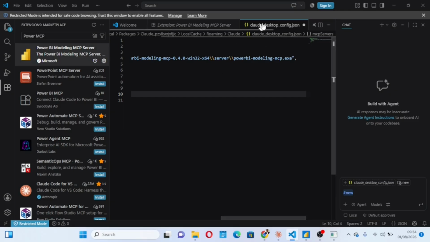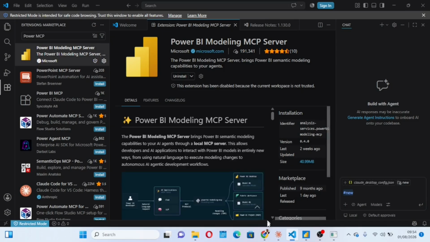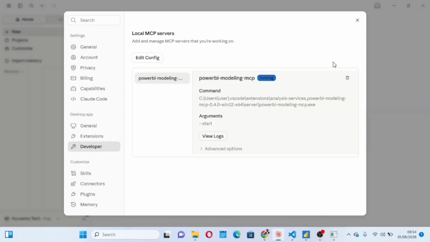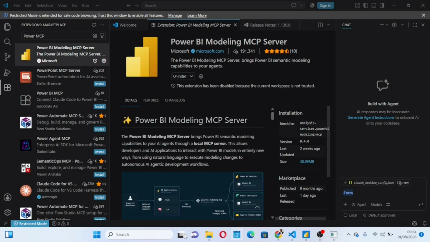Now the next thing you see here, you see that this is still open, okay. I have to save this. Claude desktop config, it is still running, so I have to save it. So I'll just press Ctrl S, and that has been saved. Once this is done, and we are now sure that this is connected, I'll just come here, click that off, then I'll undo my desktop, undo that, and then I'll come to